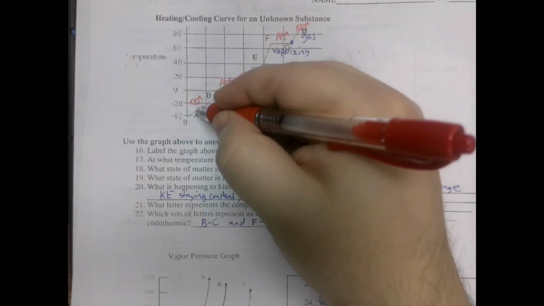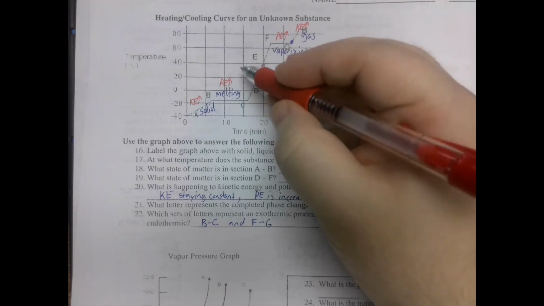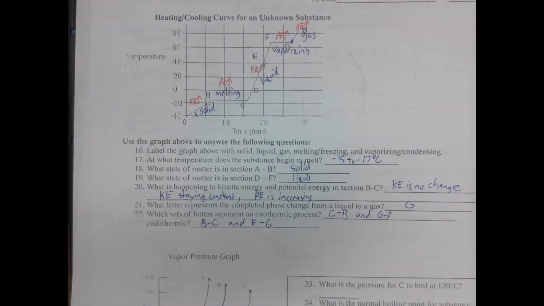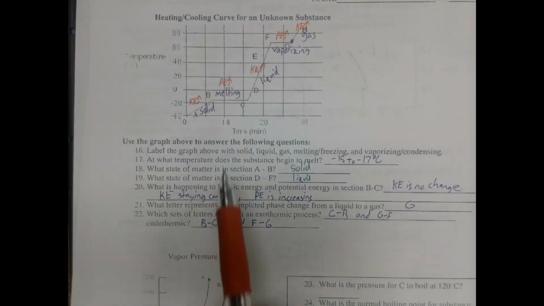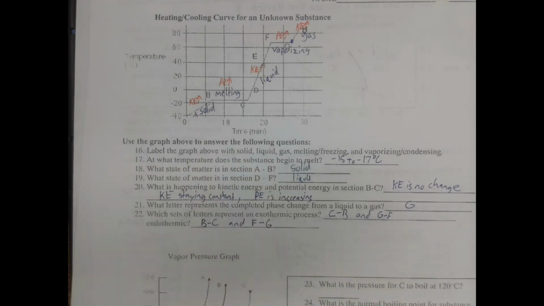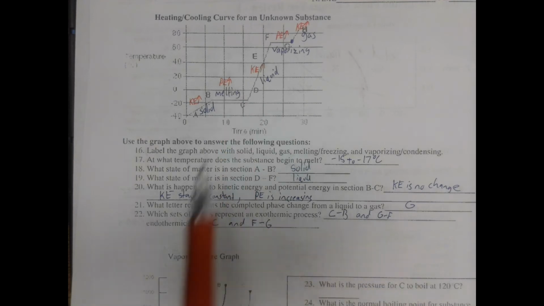Potential energy isn't being affected during a temperature change. During a phase change, kinetic energy isn't being changed. So only ever one thing is being changed at a time. You're either increasing the kinetic energy and thus increasing temperature, or you're changing its phase and decreasing potential energy. And it can be in reverse too.